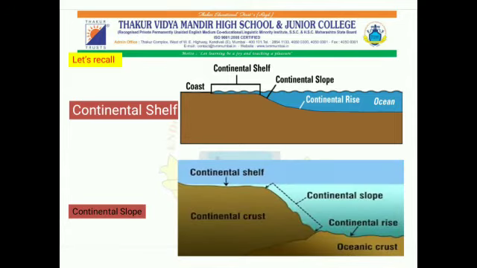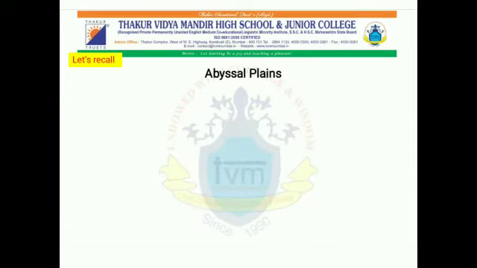What do you mean by continental slope? After the extent of the continental shelf is over, you can see in the image that the slope of the seabed becomes steeper. This is called continental slope. The depth of the slope is from 200 meters to 3600 meters, and in some places it may be more. This slope is narrow, and the lower boundary of the continental slope is considered to be the boundary of the continents.